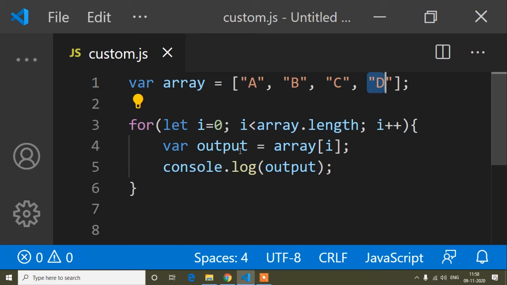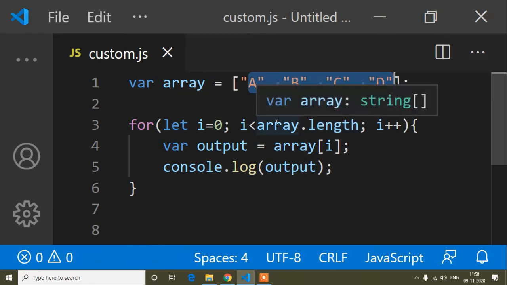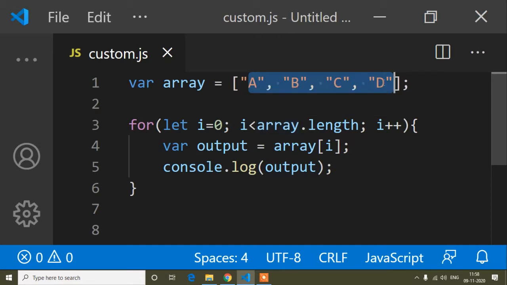So i will start from 0, from here, and it will go up to d. That is the definition here, like array.length. I told you length is the count of the values of the array. Here there are 4 values, so this loop will go up to 4, that means a to d.